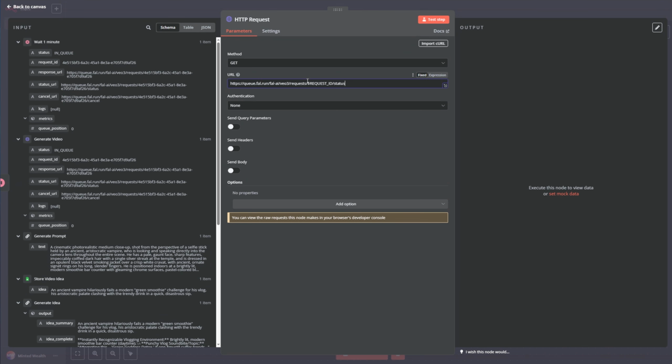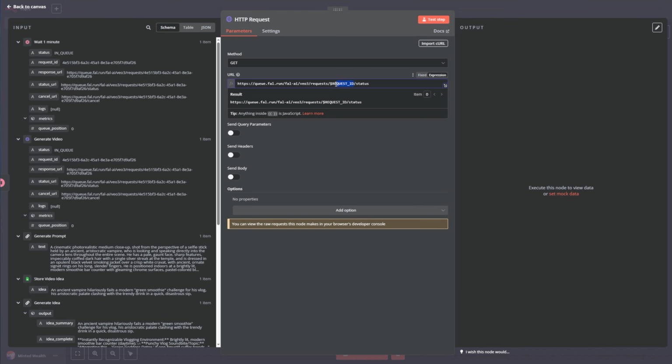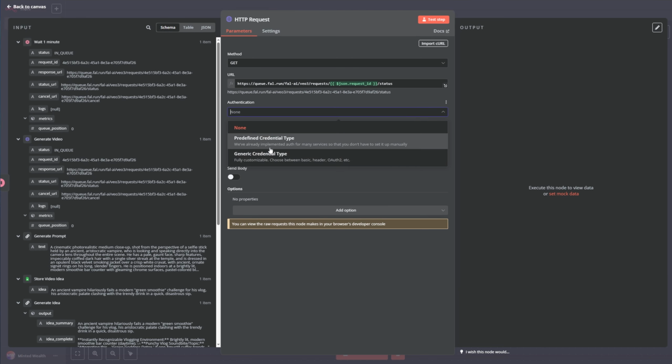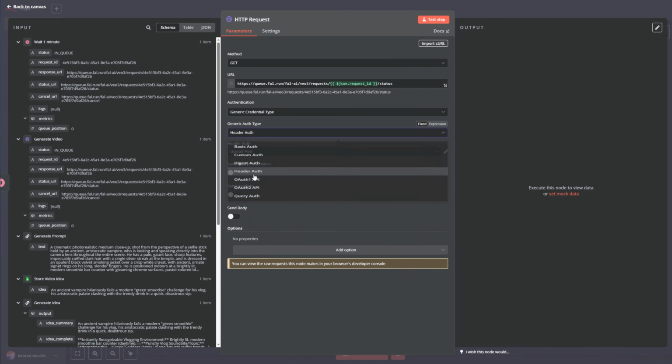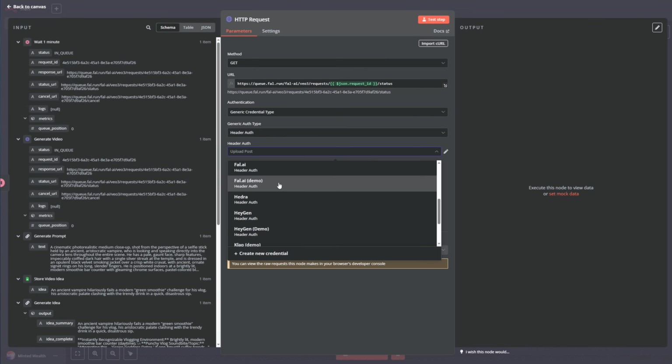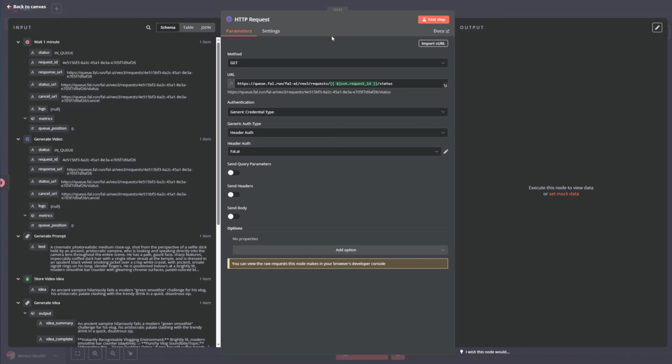It's a get request, and instead of the request ID, we are going to use the request ID from here. And it has the correct request ID now. So now that's everything. Now we just have to authenticate. Let's not forget that. And that's it. Let me rename this to get video status